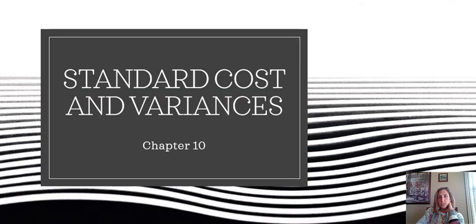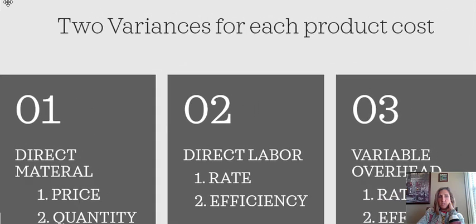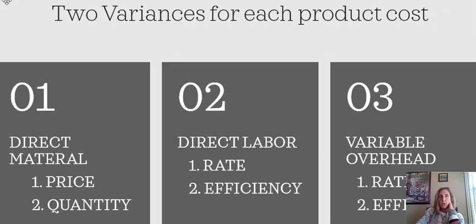In the Zoom session today, April 30th, 2020, we discussed Chapter 10, Standard Cost and Variances. Chapter 10 is very similar to Chapter 9 in that you have to calculate variances, but it will be focused not on the overall revenue and expenses of a company. It will be focused on the three product costs we have discussed this semester, including direct materials, direct labor, and